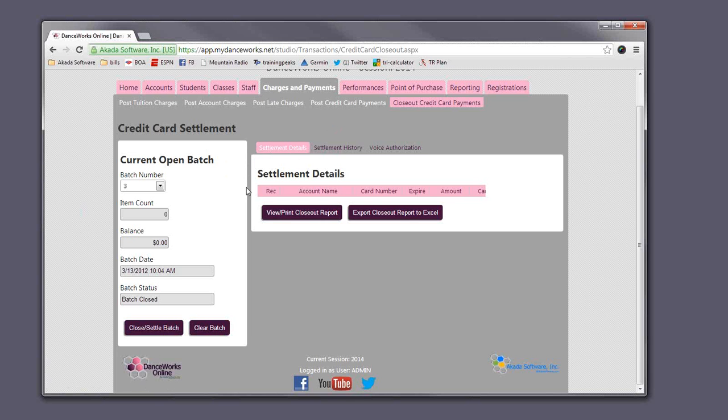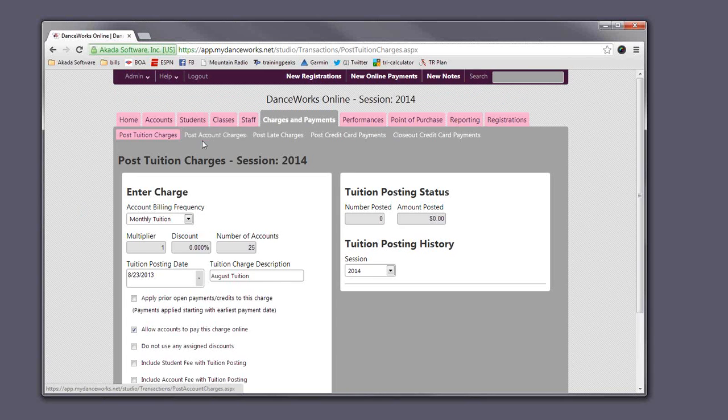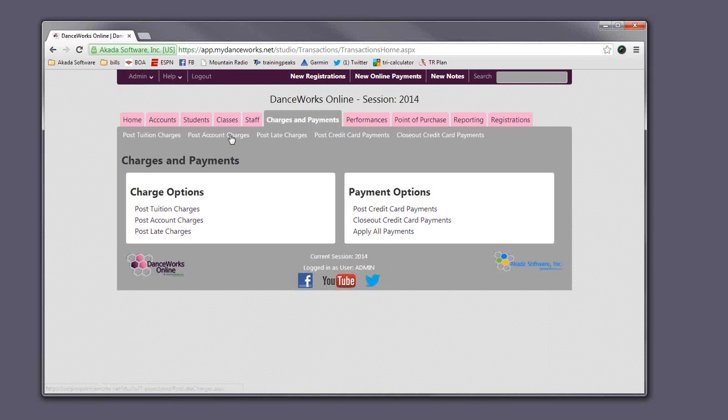It's just making sure you know exactly what everything is. And I think we've covered pretty much everything. So you got your post-tuition charges, account charges, late charges, posting your credit card payments, and then closing out the credit card payments. One other function you have on this tab,